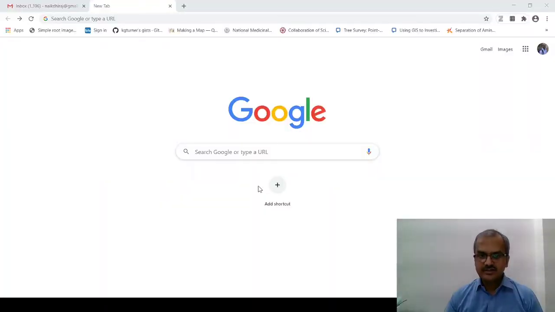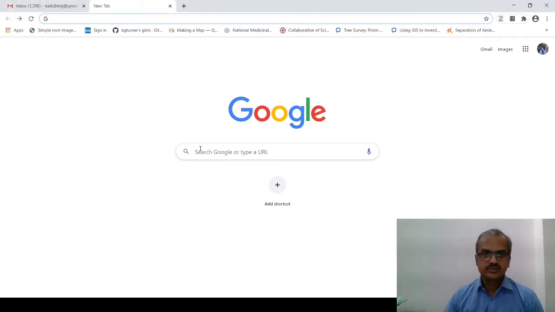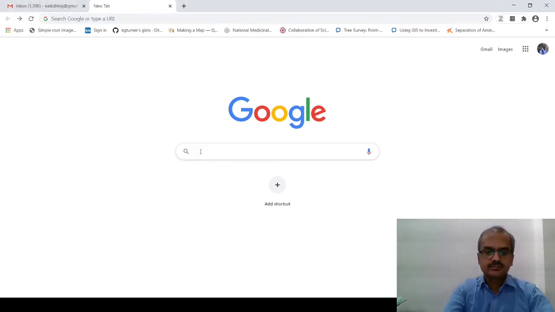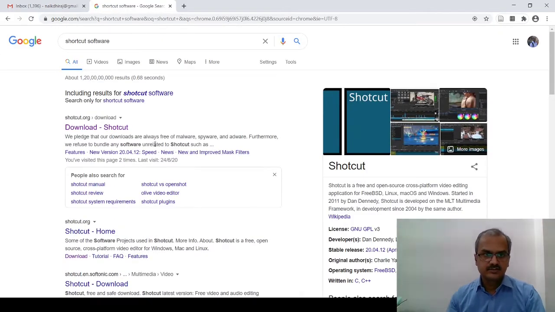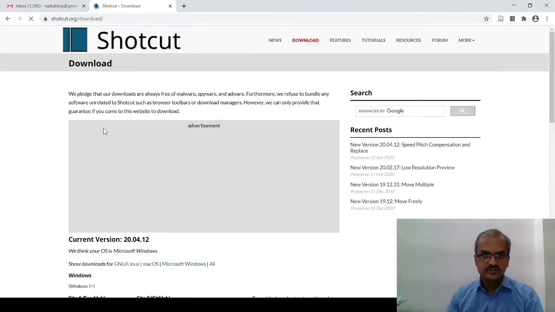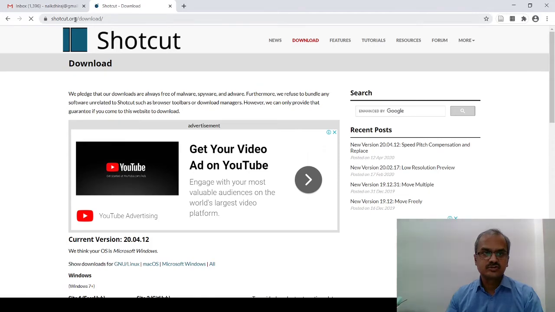Okay, so we'll see how to install the Shortcut software. Now first I'll open Google and then type Shortcut software, and you can see the first website. So there are results for shortcut software, download shortcut. This is the website. If I just click on this particular website,